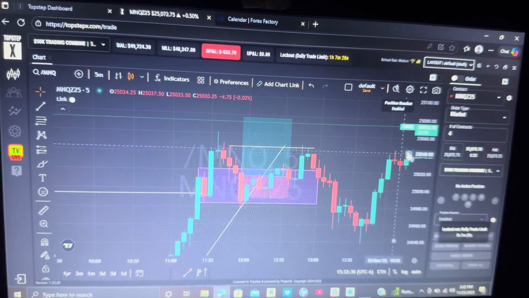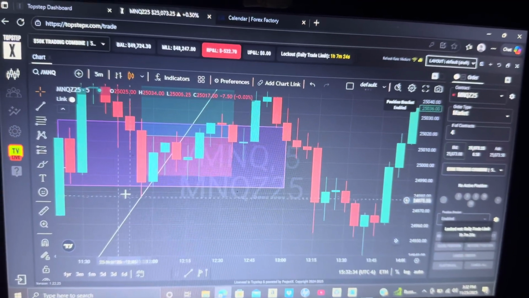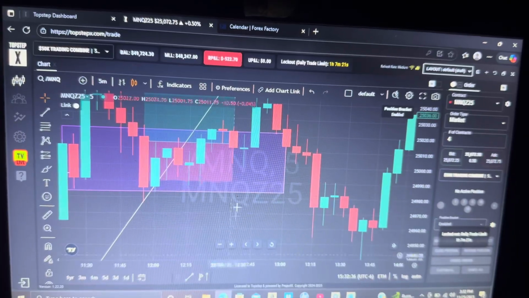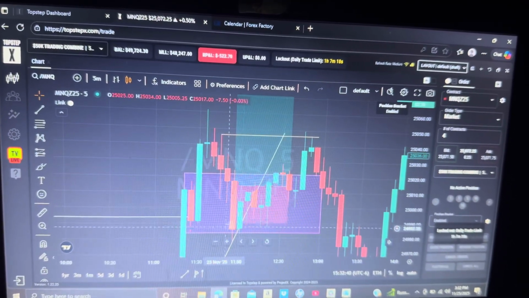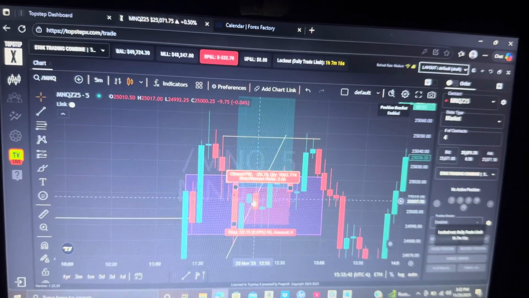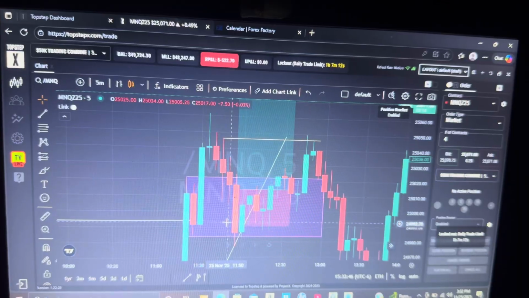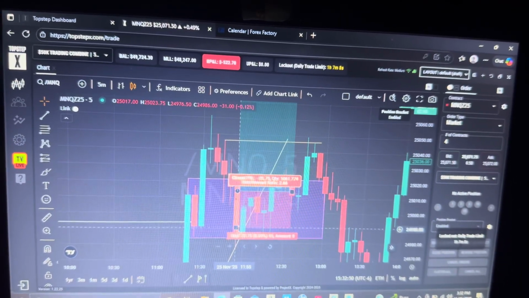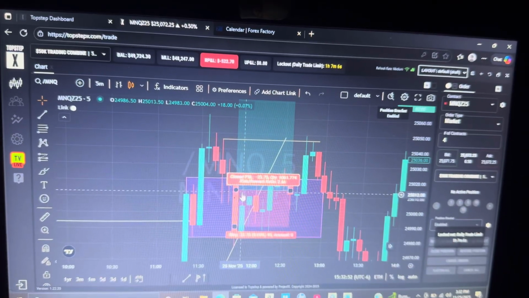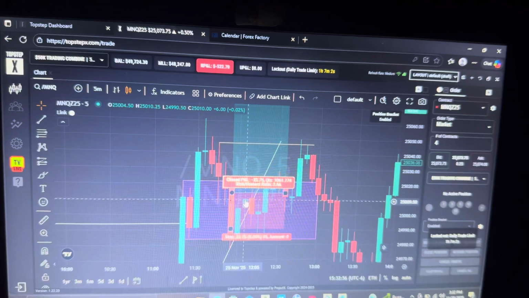So we got invalidated by this wick. Well, I got invalidated by this wick, and I still decided to take the trade, going against my rules. So basically, it cost me, right? We pushed up, and then we dropped down. But we had a breakup structure, imbalance, came down, invalidated, and then we had this green push up, this green candle right here, and then I entered at the break of this candle high.